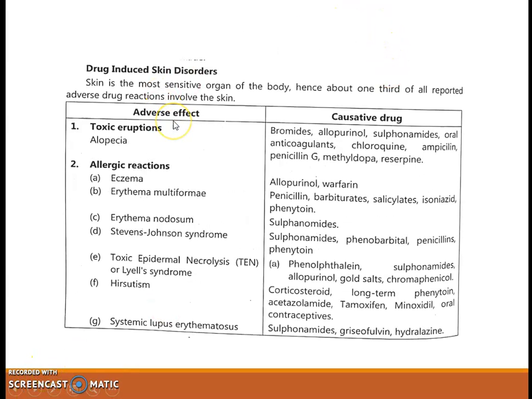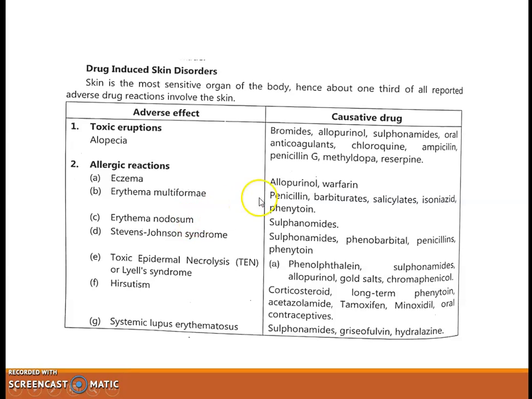Drug-induced skin disorders. Skin is the most sensitive organ of the body, and about 1/3 of all the reported adverse drug reactions involve skin. So, toxic eruption, that is alopecia, is due to bromides, allopurinol, methyldopa, chloroquine, etc. Allergic reactions include first eczema due to allopurinol, warfarin,